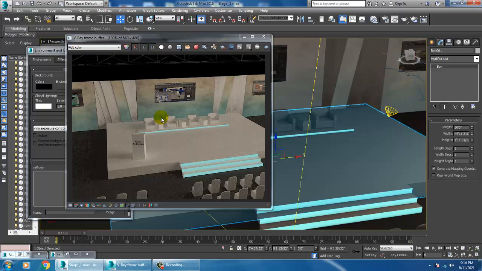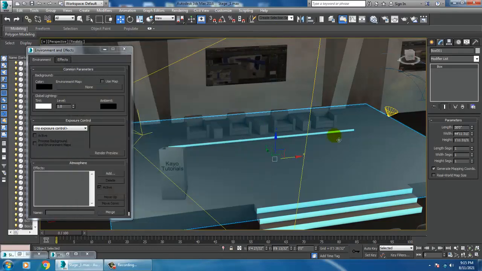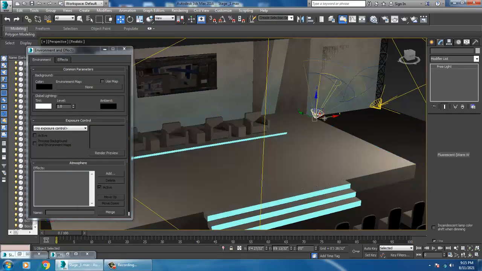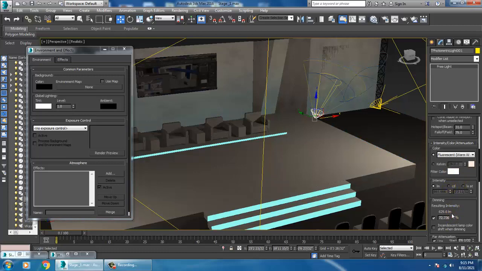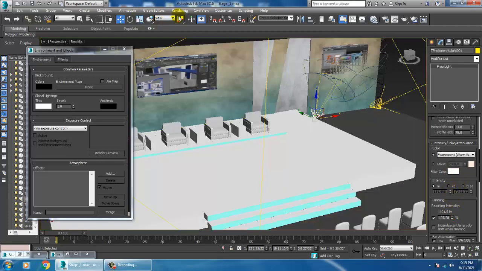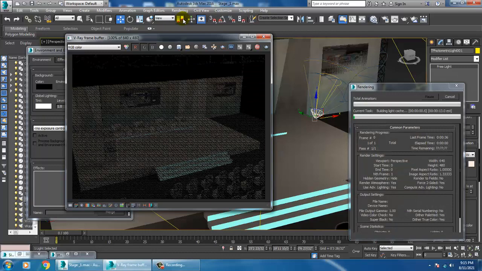Okay. So there are a lot of things to be done over here. Definitely will be doing that. So if I increase the intensity, let's see how it looks like.